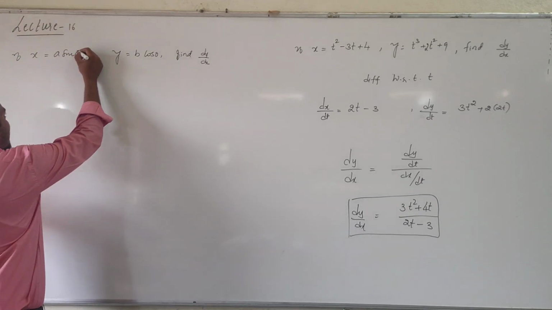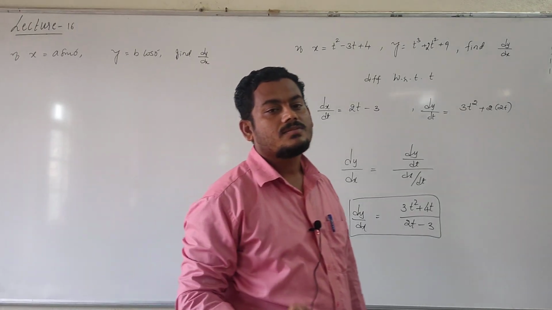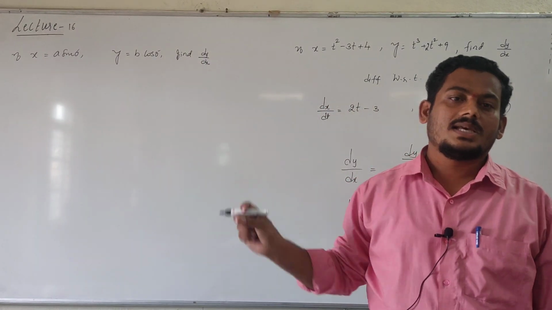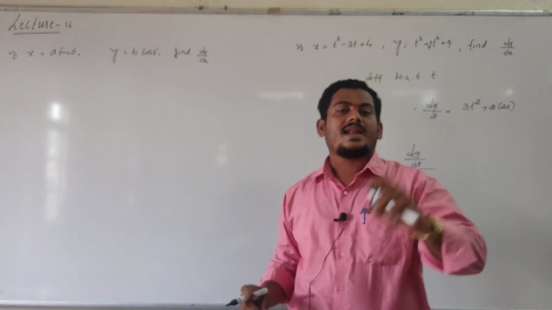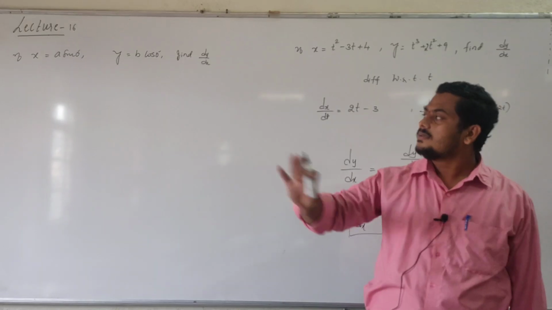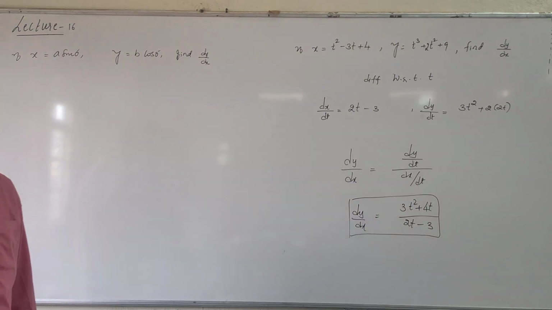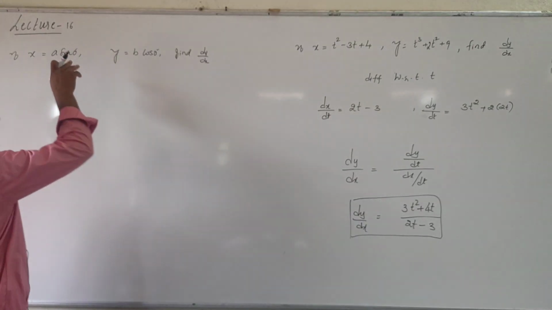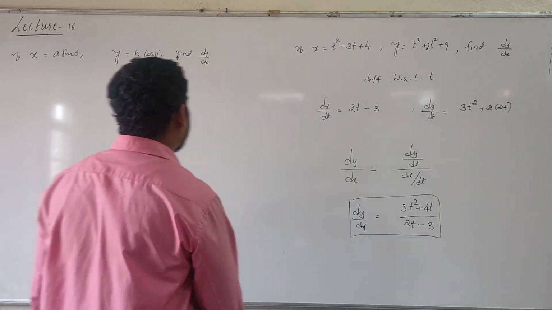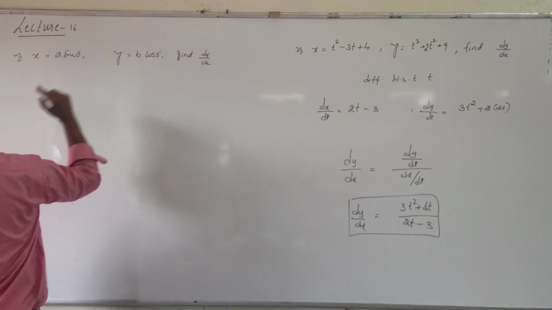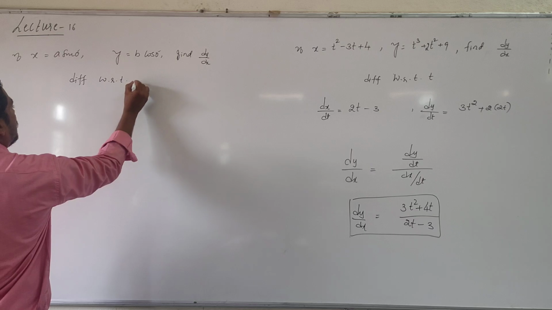Once the third variable theta is given, then differentiate with respect to theta instead of t. They may give it in terms of t or in terms of theta. T and theta are parameters, right? For both the procedure is the same. If theta is given, differentiate with respect to theta. Suppose t is given, then differentiate with respect to t. In this case, the third variable is theta, so differentiate with respect to theta.